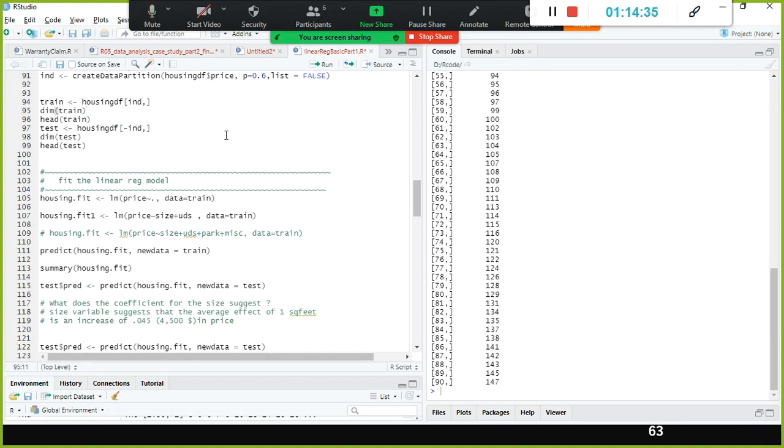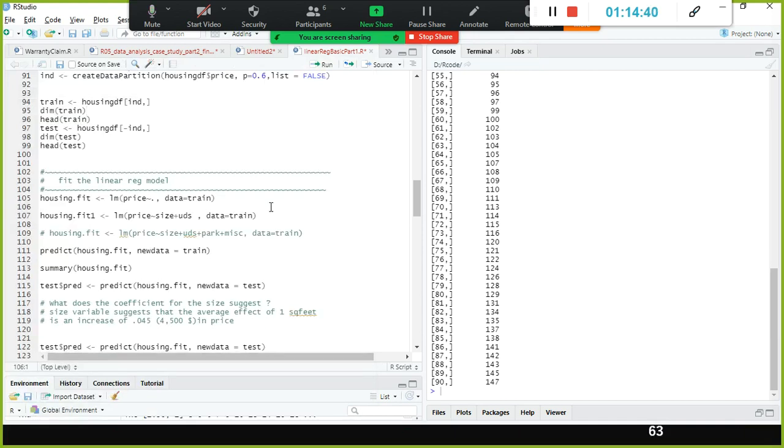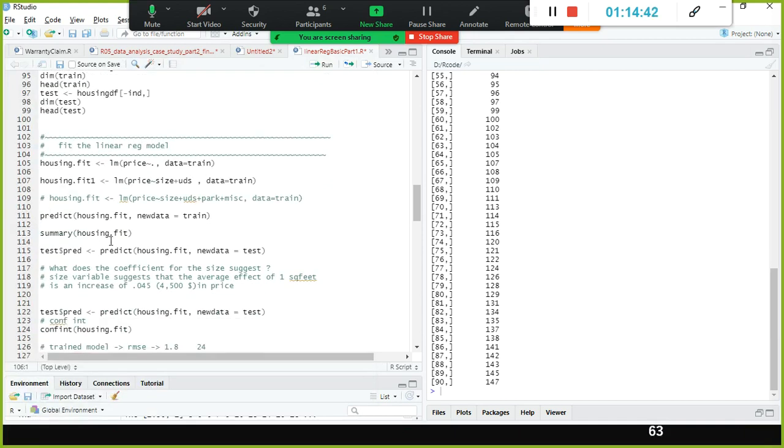So for that we have something else. Why do we need to apply the model on the test data set? To predict the estimated housing price for the test data set, and also we can find out the RMSE, root mean square error, right?